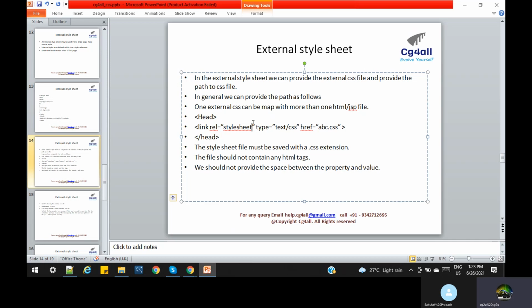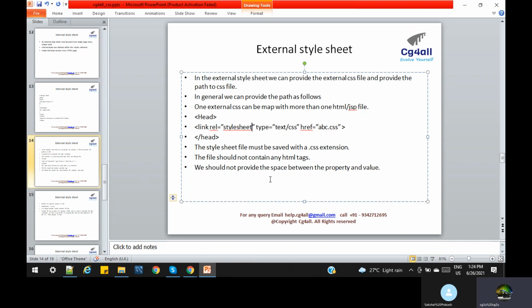So what is the advantage of external CSS? Suppose we have a JSP file. Sometimes what happens is we write all the CSS and JavaScript in the same JSP file. The file size is more, so when the file is loading to the server, sometimes it gives an error. This is legacy code where you are writing a JSP. I will explain the advantage of external CSS with this example. But first we understand the basics of external CSS.